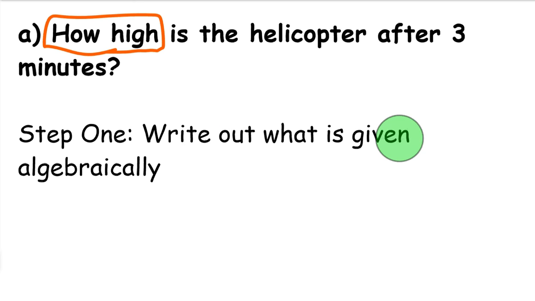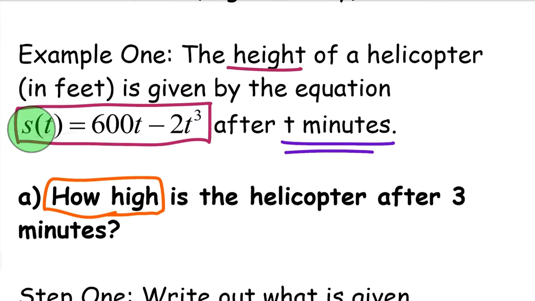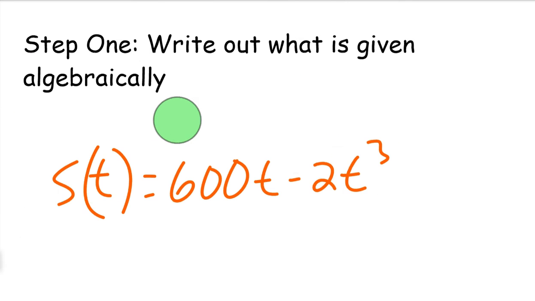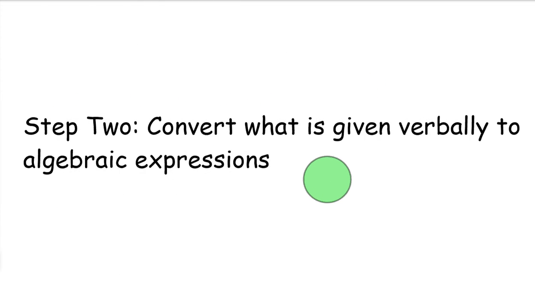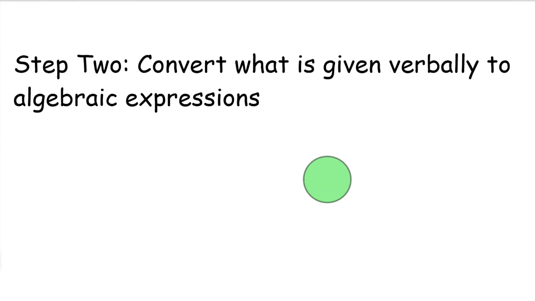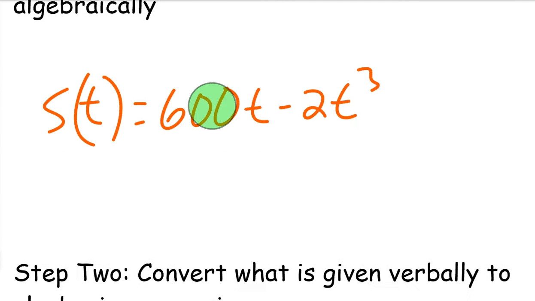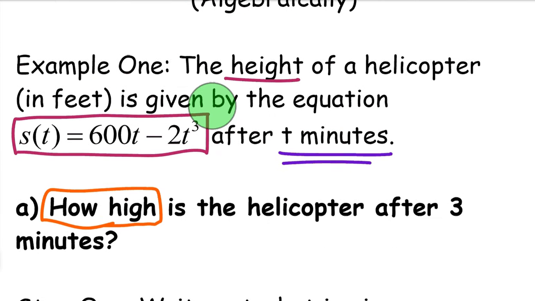So what you want to do is write out what is given algebraically. In this case, we're given this equation. I'm going to go ahead and write it out. Now that we've written our position equation out, let's go to the next step. The next step is to convert what is given verbally to algebraic expressions. If we go back and read the sentence again,